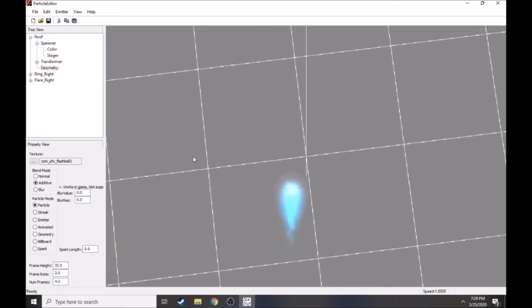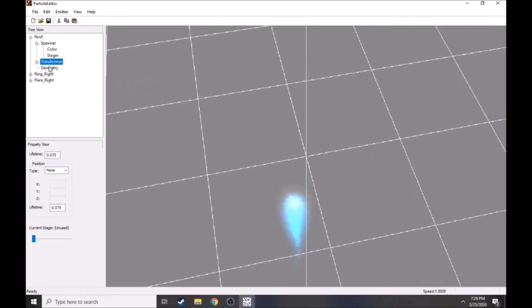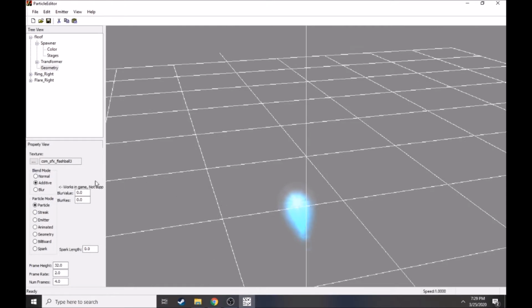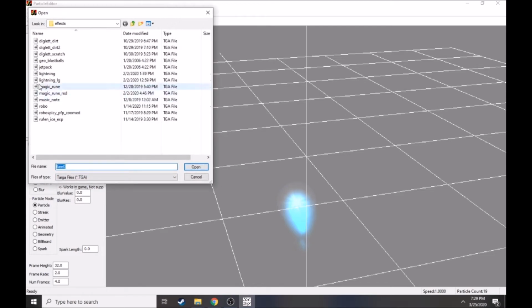So we're gonna talk about geometry. We're just gonna skip out on transformer for now and talk about that in a couple minutes. Let's focus on geometry. So what is geometry? What are these settings here? Let's talk about the texture. The texture, you can open up any arbitrary texture and see how it affects